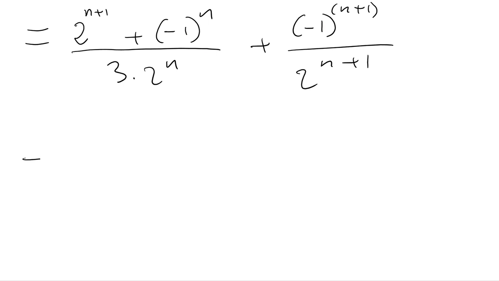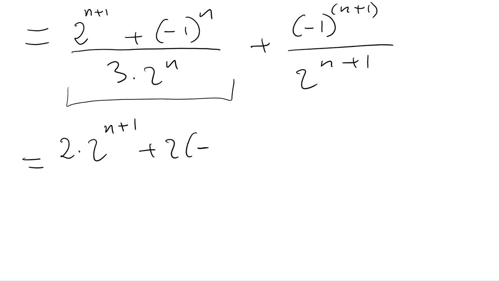So this gives me 2 times 2^(n+1) plus 2 times (-1)^n,